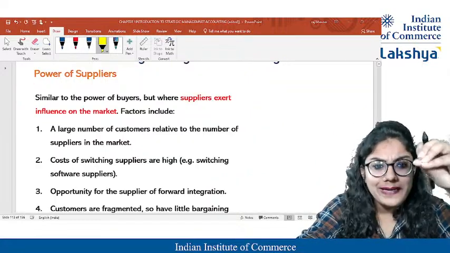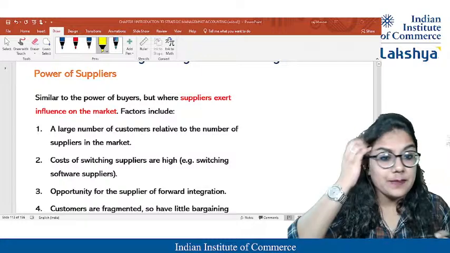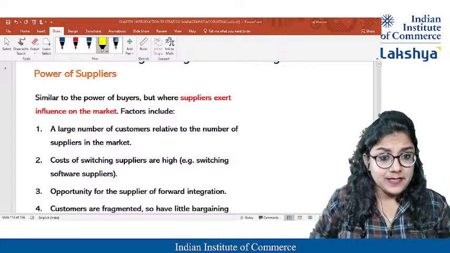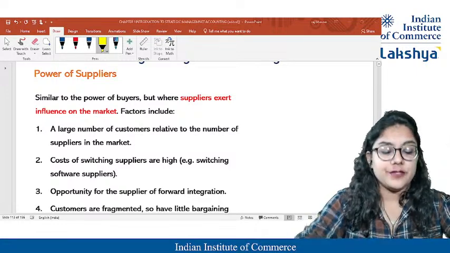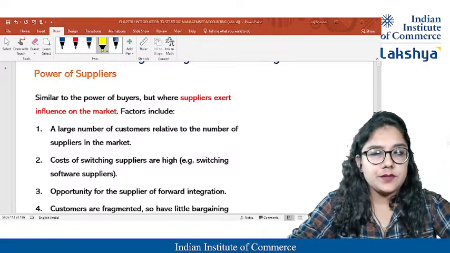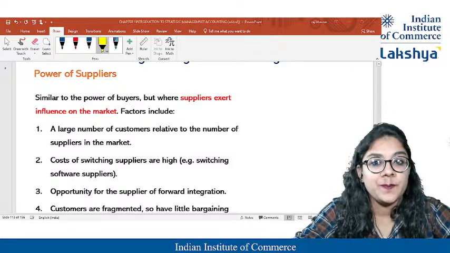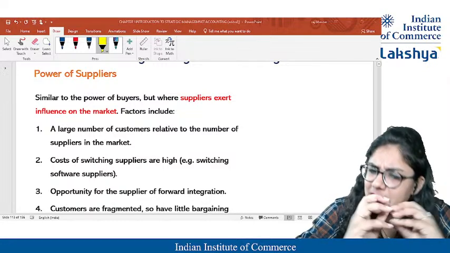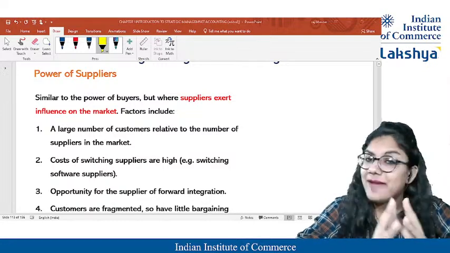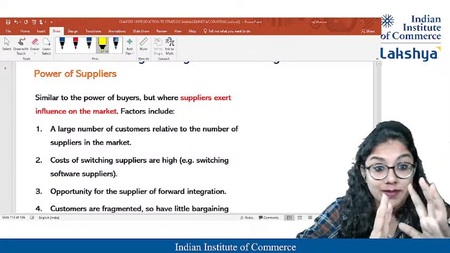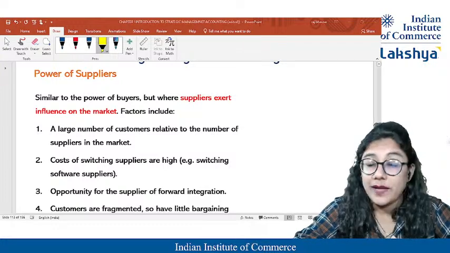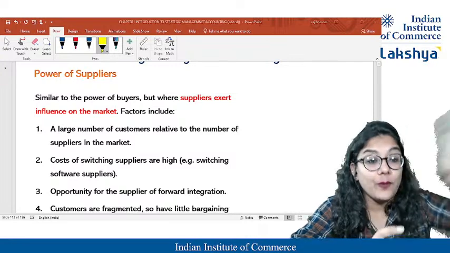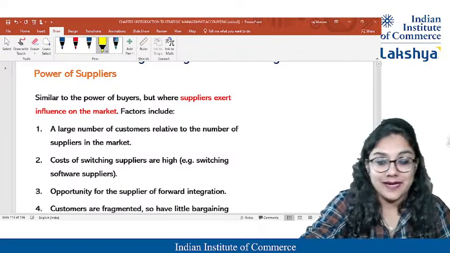Yes. But when it is the power of supplier, it means the supplier has a huge amount of authority. The supplier can decide whatever price he wants to supply at. The supplier can decide the cost of switching and all. So the supplier is in a good position. For example, COVID vaccines. There were certain suppliers who had the formula and everything, like the remdesivir and all. So they can dictate whatever price they want. Yeah, they can have the ability or opportunity of forward integration. They can go ahead that way.